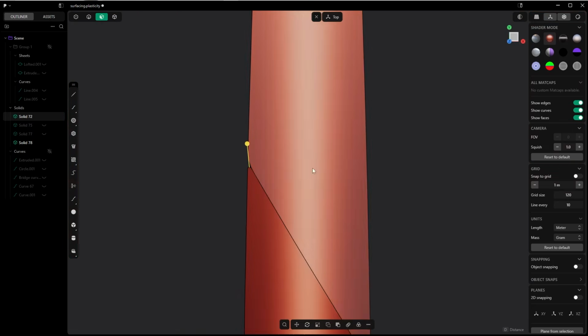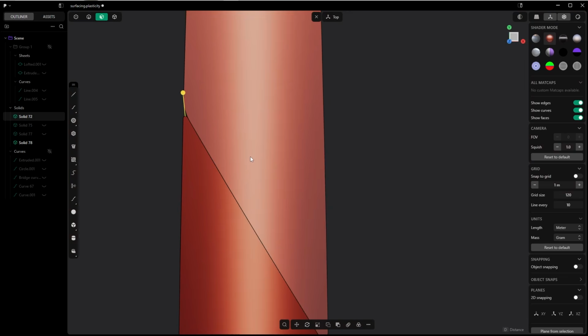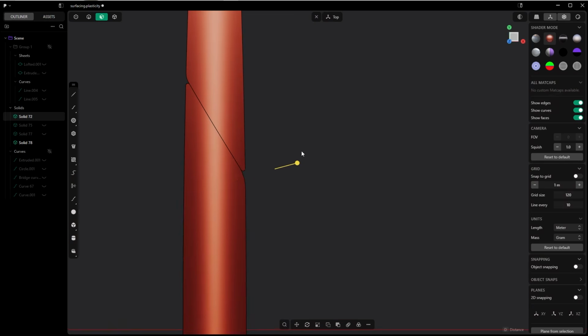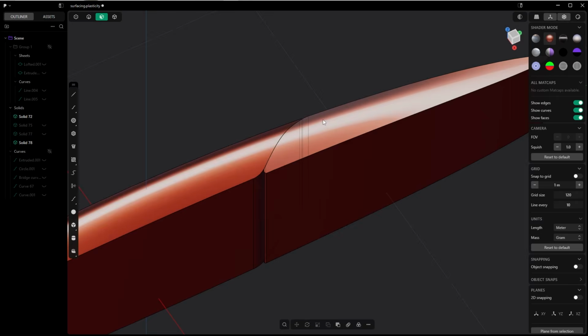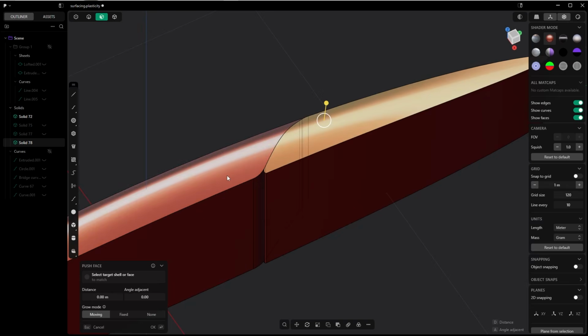Let's look from the top view. So again, we are readjusting the fillets. I make them bigger. Okay, now I select the top face, and shift select the top face of the second one and